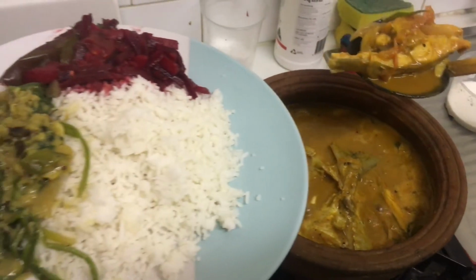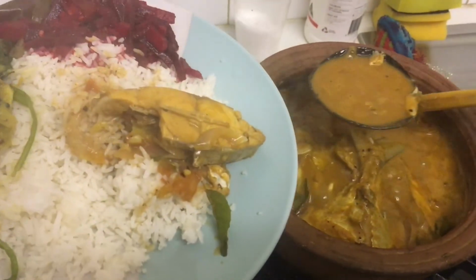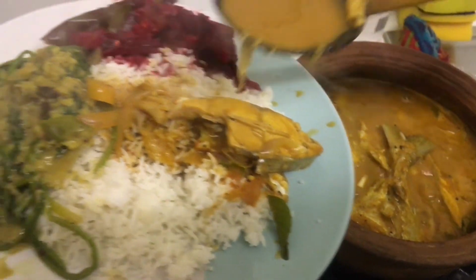I'm going to have my lunch. I have some dal and fish curry, and also some beetroot curry with potatoes. So this is my lunch for